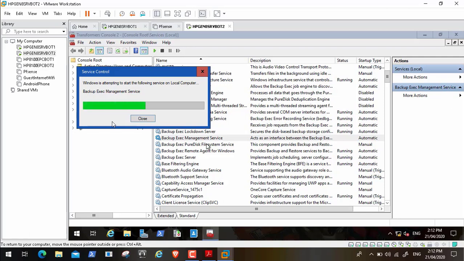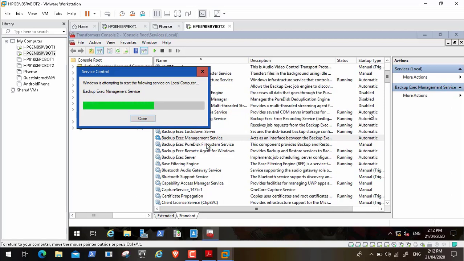I think I said this in my previous video, but this is to confirm what I said before. You need to make sure when working with the BackupExec 20.6 software that all of the services needed for this software to work are up and running. All of the automatic start type